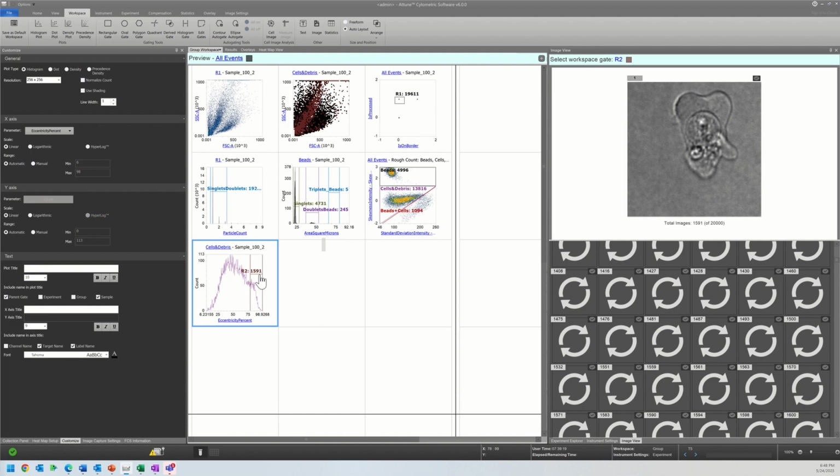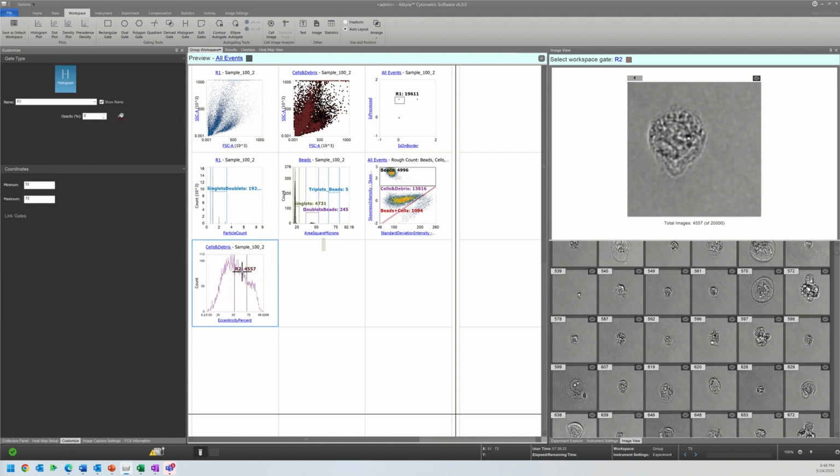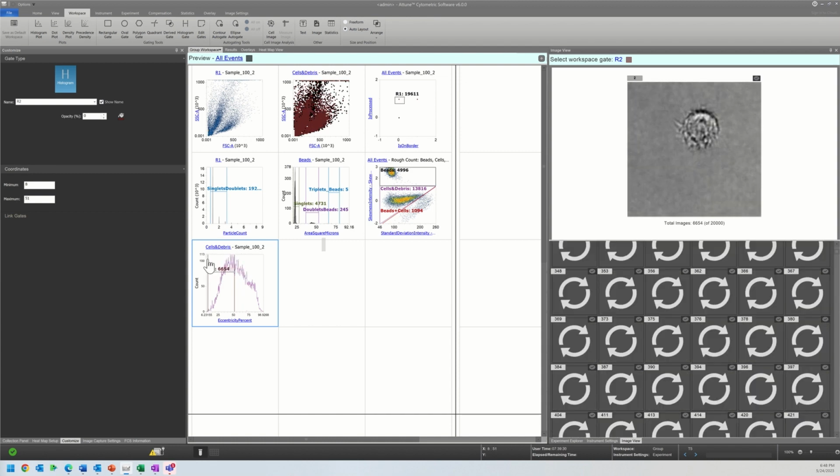So cells and debris here. I am probably going to set a threshold around 50